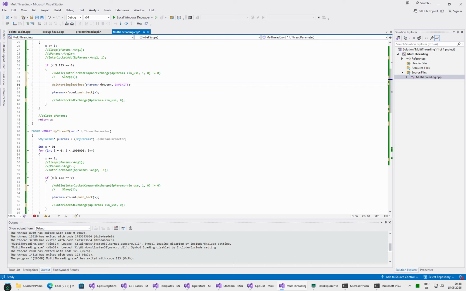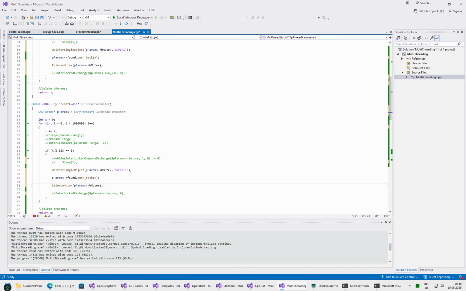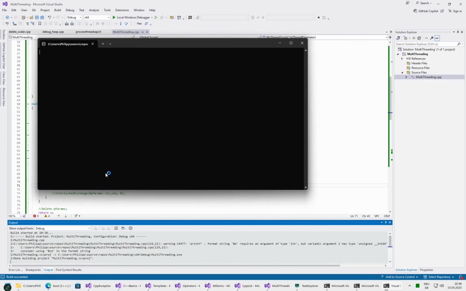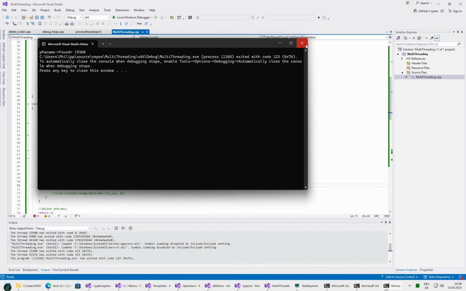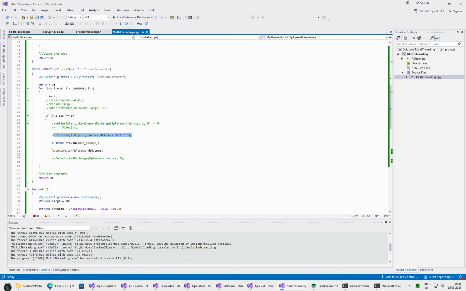Okay, so we have here our things, and to release it, so basically the reset to 0 is release mutex. And then of course we copy this and do it twice here. Okay, let's run it. And since we have only 2,000,000 operations, we don't really see a speed difference, but this operation, since each time it invokes the operating system and has transitions from ring 3 to ring 0 and so on, it will be extremely slow in comparison to our